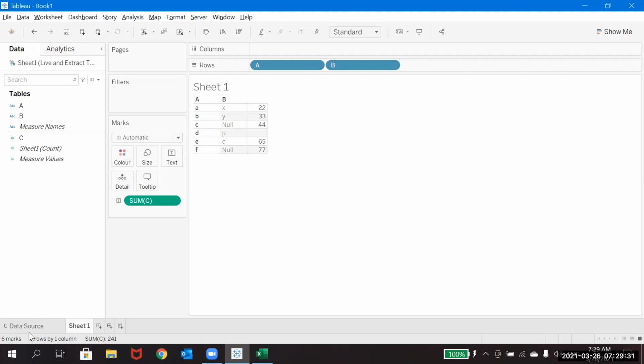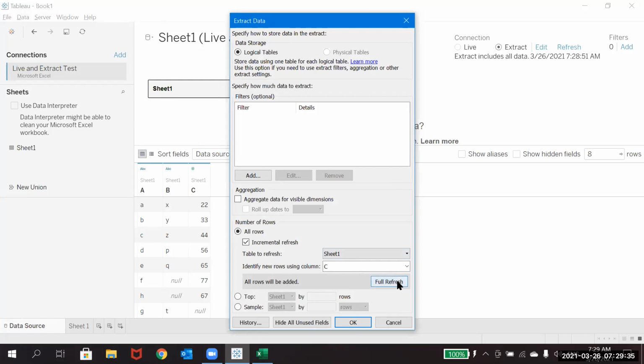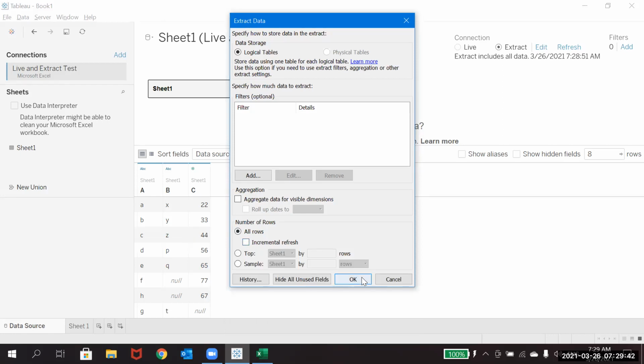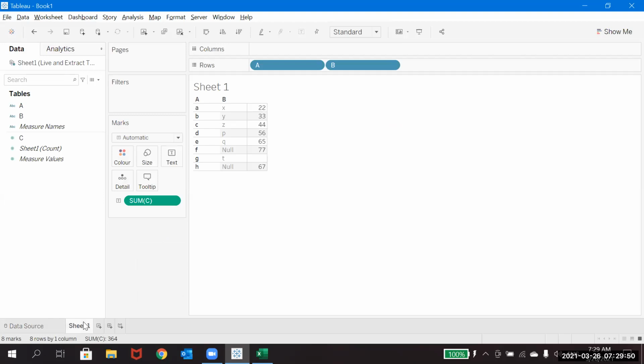So now let's go here and edit it and click on full refresh and just remove this and click on OK. Now if you see, it was added.